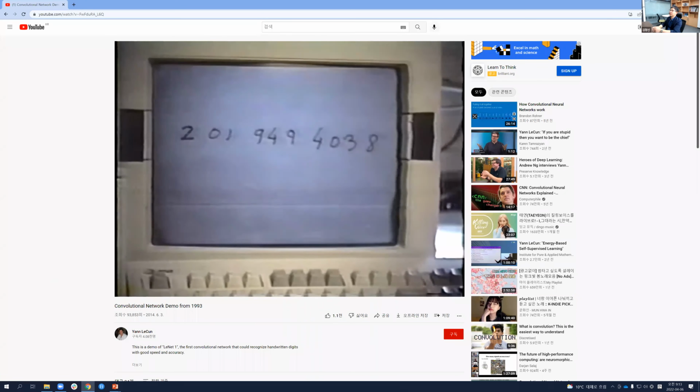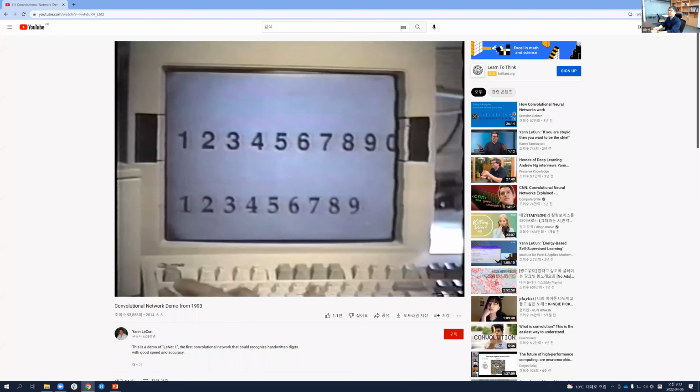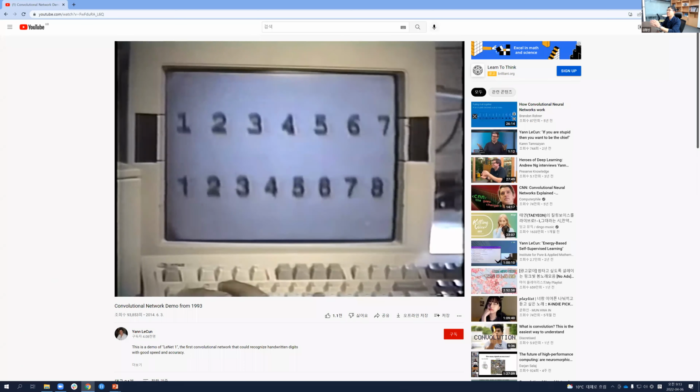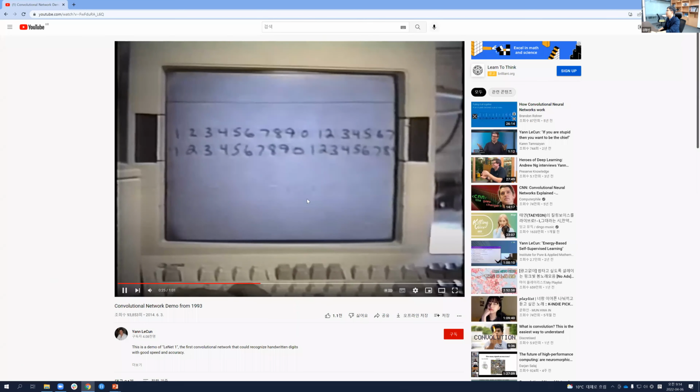So you guys use the MNIST data set to classify numbers when entering into this deep learning regime, right? And the video shows that the number classification was successfully done like three decades ago. And you see all the successful classification here.